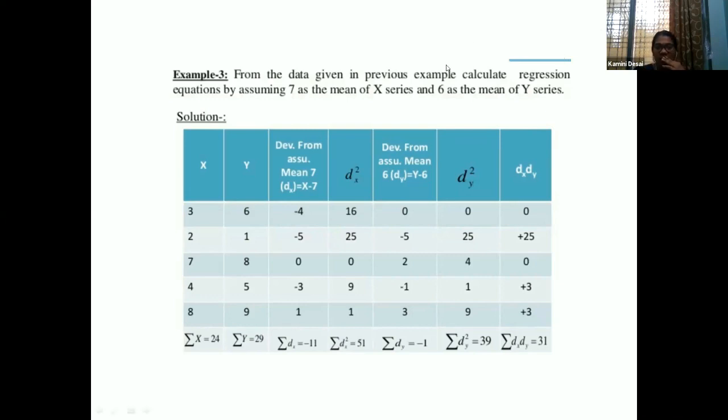Everybody is doing it, just do it. It's very easy. Whatever we have done in the correlation, that same way we have to do it for the regression coefficient. In correlation, we are finding the correlation between x and y, whether while x increases, y decreases or increases. And how the unit of y changes with the value of x, that we are going to find out through the regression equation.